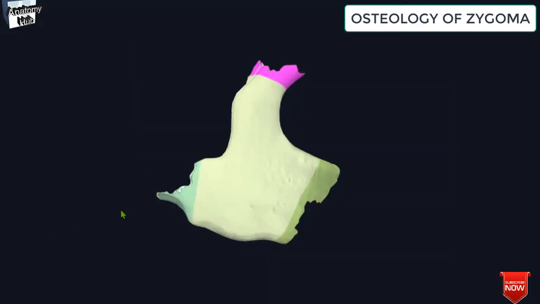After this orbital surface, we will have the processes, that is the frontal process that you can observe over here. So this is the individual bone, the zygomatic bone, and here you can see one of the processes that is going towards the frontal bone. Okay, that projects upward to articulate with the frontal bone superiorly, and the sphenoid bone medially. So this is the frontal process. Here it articulates with the frontal bone, and here it articulates with the sphenoid bone.